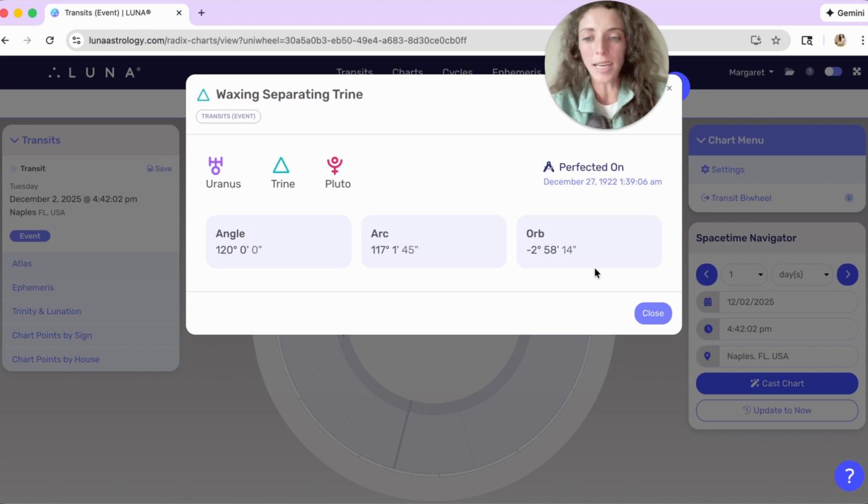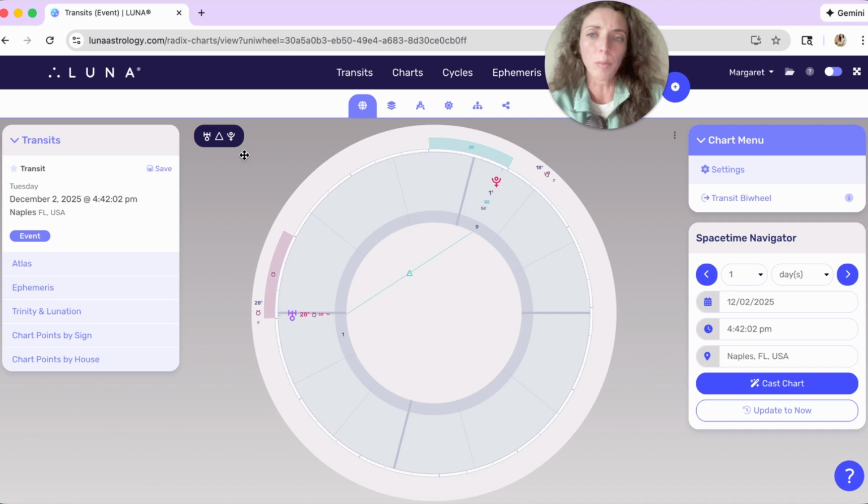want. This is really helpful, again, if you're learning what these symbols mean, or it makes things a bit easier to visually see. You can kind of clear out and select the information that you are specifically wanting to examine at the given moment. So let's close this, and we'll bring all of the planets back by clicking on this Uranus trine Pluto symbol